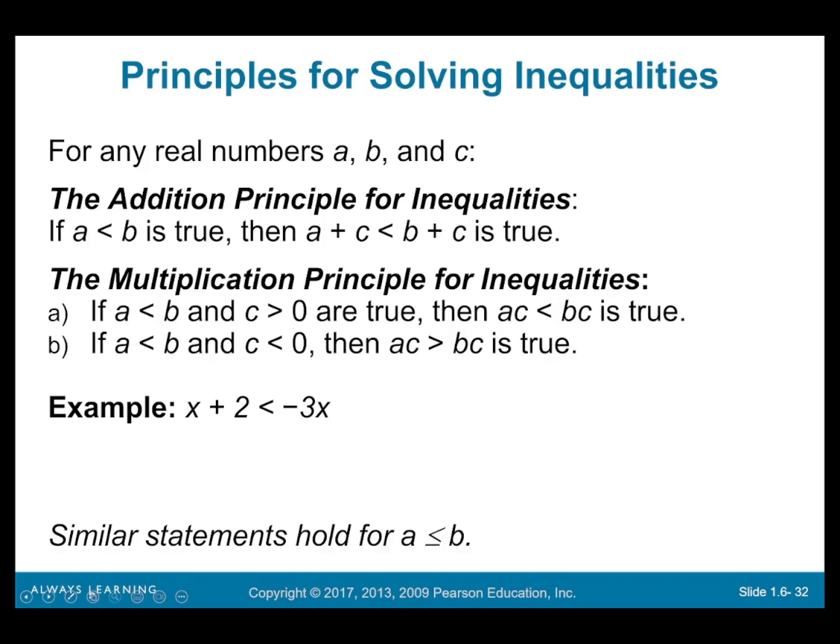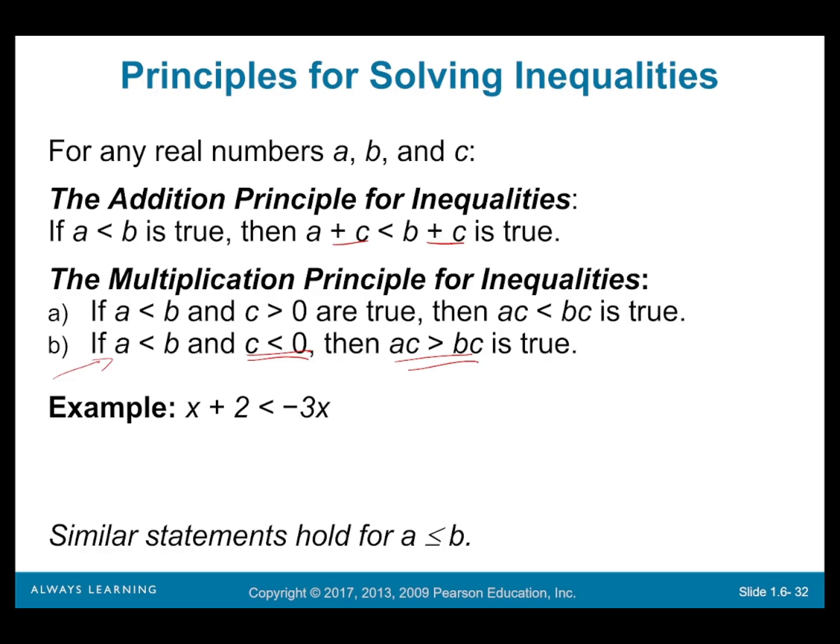We have similar principles for solving inequalities. So if we have, again, our A's, B's, and C's, we can add some value to both sides, and that is still a true statement. And then for multiplication, we have to be a little bit more careful, because you might remember, if you multiply or divide by a negative number, you have to flip the sign. So if we have A is less than B, and C, I'm looking at this case here, and C is less than 0, so C is negative, then when we multiply both sides by a negative number, we have to